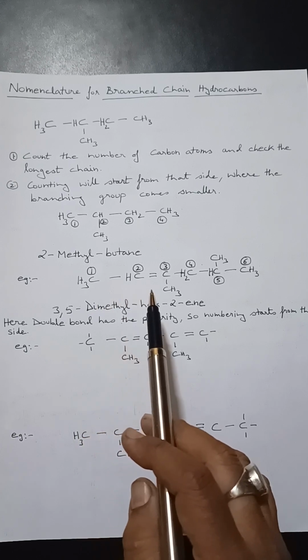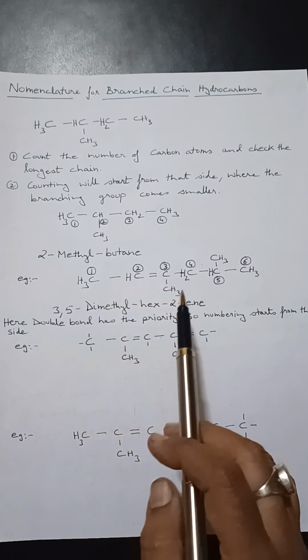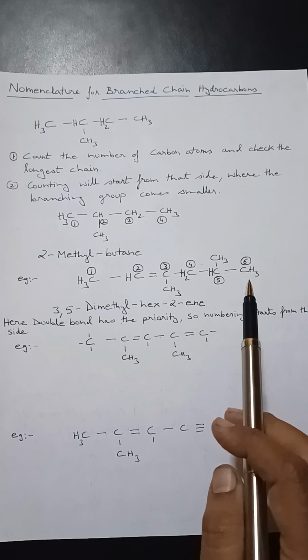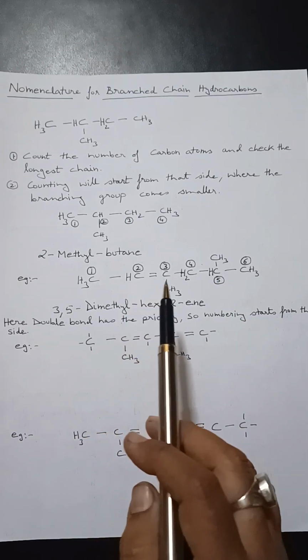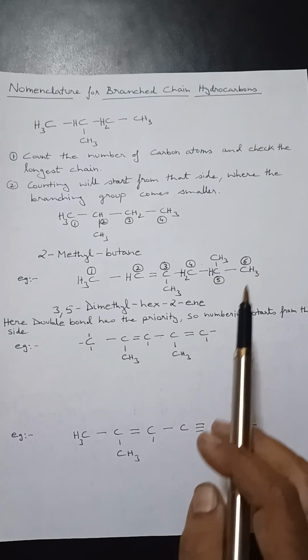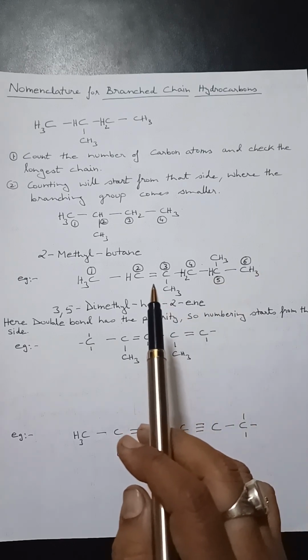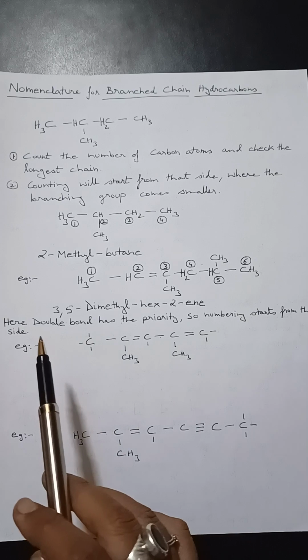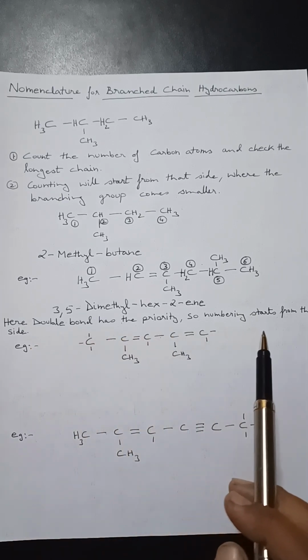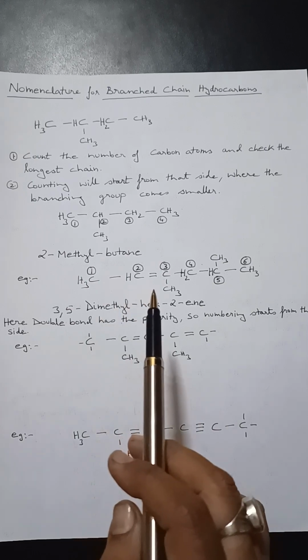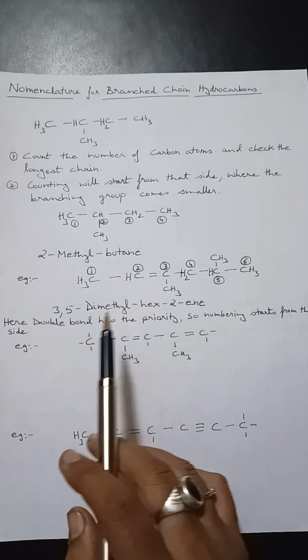One more example I have given here. CH3 CH double bond C single bond CH3, CH2 CH CH3. So numbering starts from this side 1 2 3 4 5 6. Reason behind this is that there is a functional group double bond also present. So here double bond has the priority, so number starts from that side where the double bond position is smaller. So its name becomes